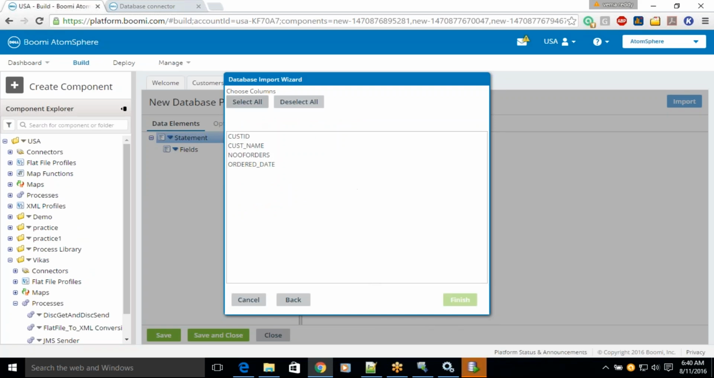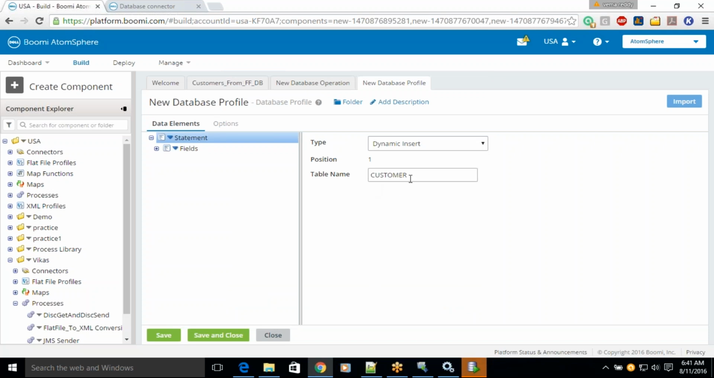It depends on the requirement. Select all the columns or specific columns. Click on finish. You can see as of now the fields did not have any values here, and also the table name will be empty. You can see the table name is automatically selected here, while the table name got filled and the fields also